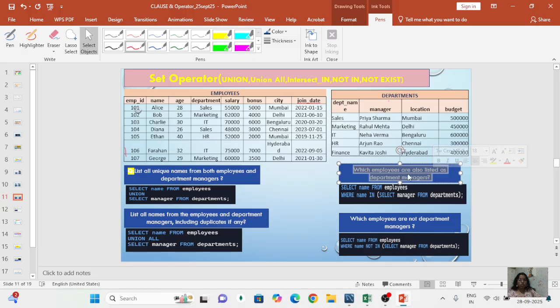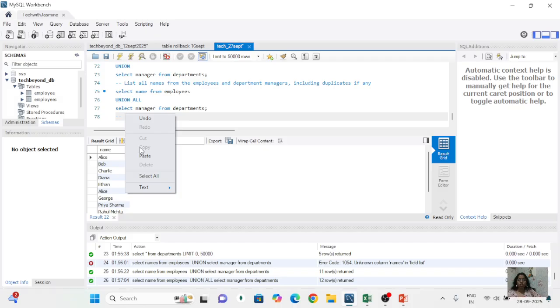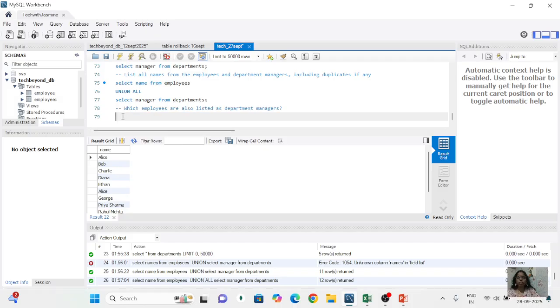Which employees are also listed as department managers, like INTERSECT. Okay, employees. From here, select name from employees, where that column name, which one, the first column, name IN, then the subquery starts,